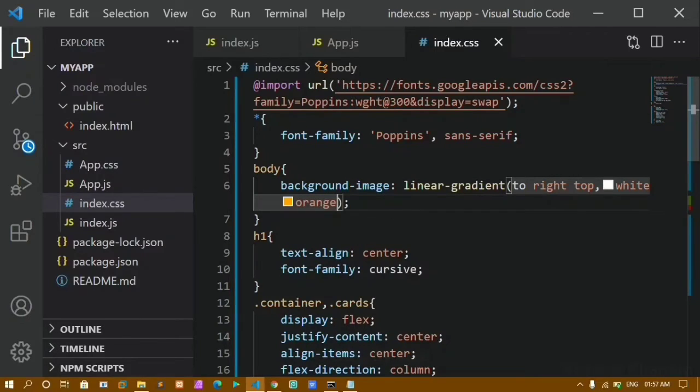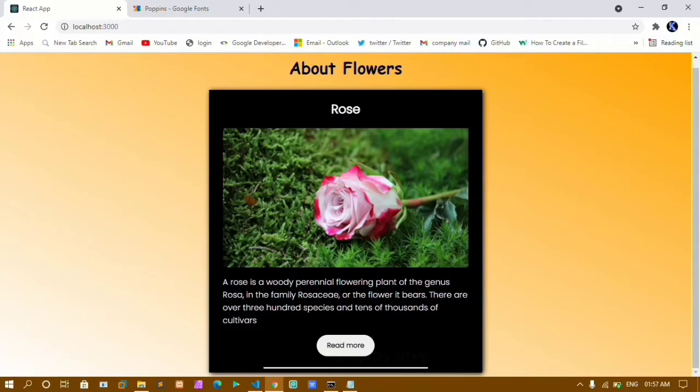I'll save this. Now if you can see here I have this gradient color. Without refreshing also I am getting the output. Okay, now I am done styling this one. Now I'll just come here